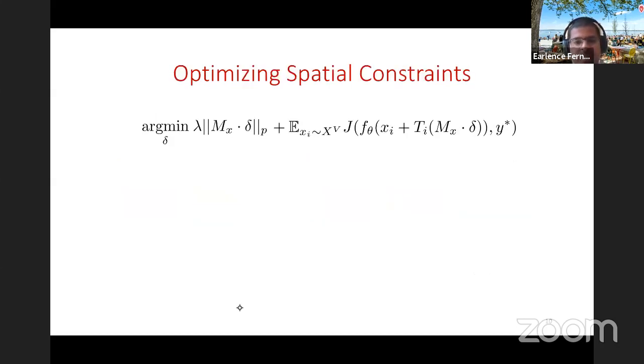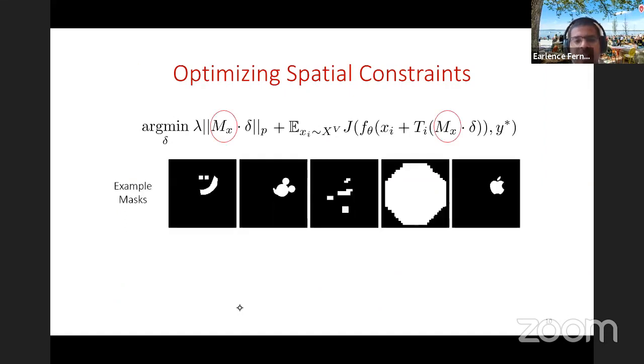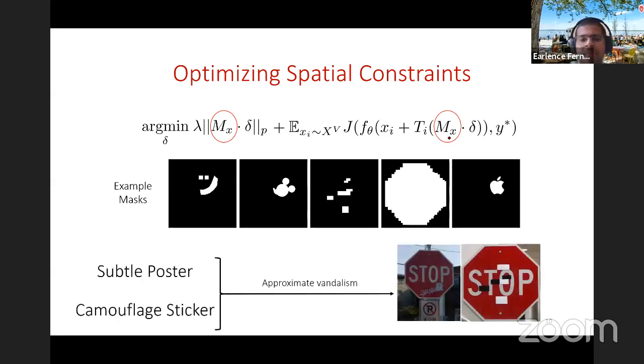Another thing about these physical attacks is that we can't just add noise everywhere. Unlike a digital attack, in the physical world, everywhere literally means everywhere, so we need to make it a little more well-defined. We introduced this notion of a mask. You can think of it as a matrix of ones and zeros, and we simply do an element-wise product with the attacker's delta, the attacker's noise. Depending on the shape of the mask, you get different kinds of attacks, and I've shown a very simple black and white sticker attack here.